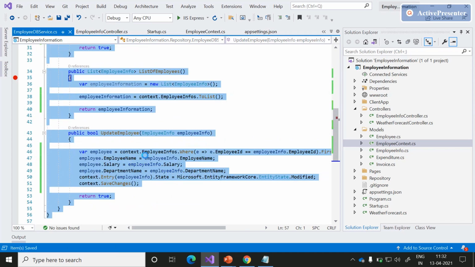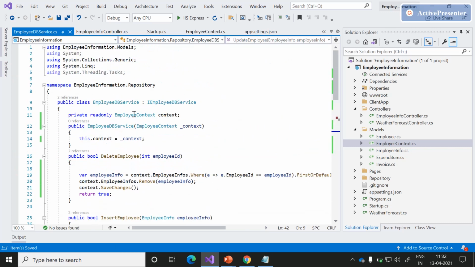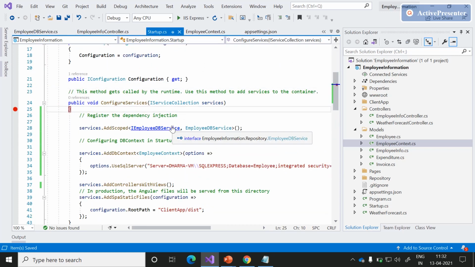With this, we are completely done with configuring employee context from startup.configure services. These are the three simple steps we need to follow to configure the employee context in the startup.configure service as